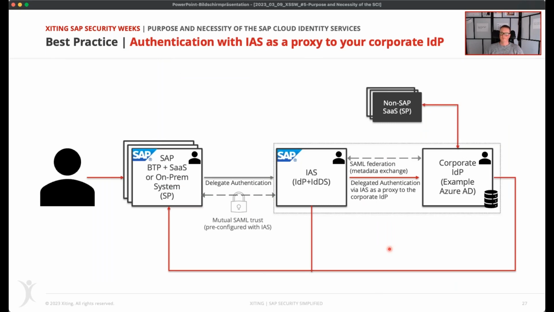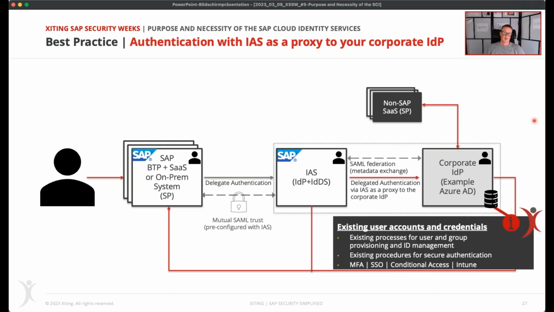Okay, and that's, let's say, the last scenario where we integrate the identity authentication service in the same way. It's still a proxy. The idea is that you have a corporate IDP. I will always use Azure AD as an example because it's often used. I would say 90% of all implementations are using Azure or ADFS, which will be migrated towards Azure AD in the next few years. So it is a standard. And you still have your accounts there. You have your conditional access policies, your Intune policies, your MFA scenarios, and all that stuff.